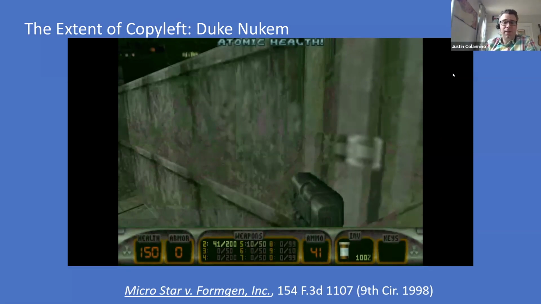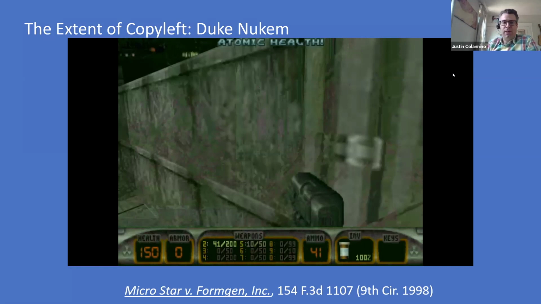our game. And their response was, no, we didn't. We took these map levels. We made no copy of any part of your game whatsoever. This is just a bitmap file. And think about that Game Genie case. We made no copy, so we could not have made a derivative work of your game. And the court said, well, actually, that's not quite right. And the court said so for two reasons.